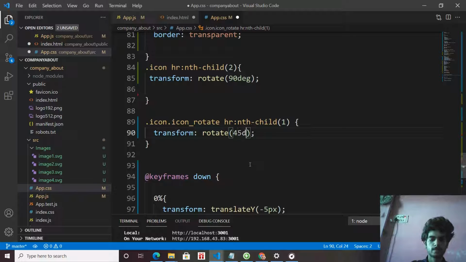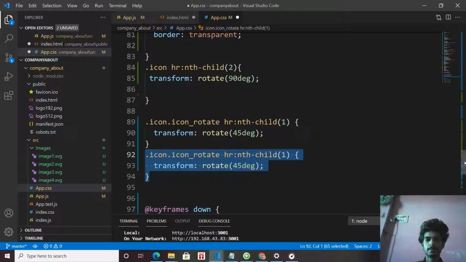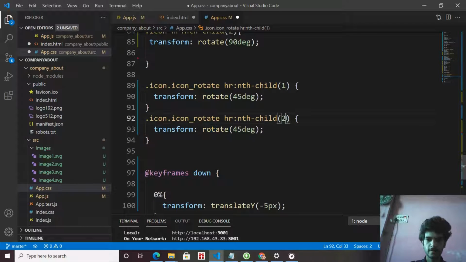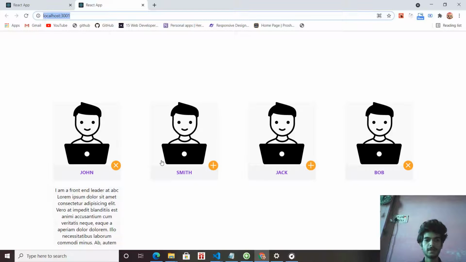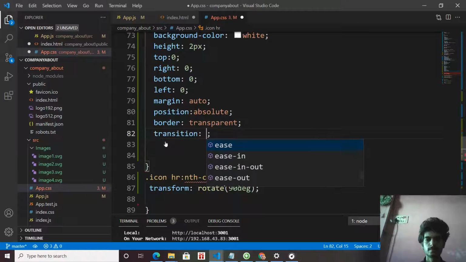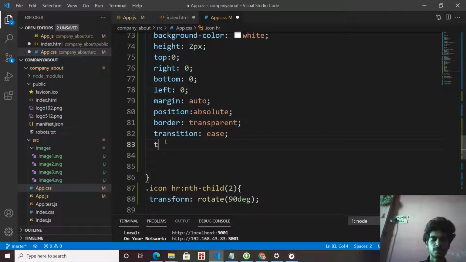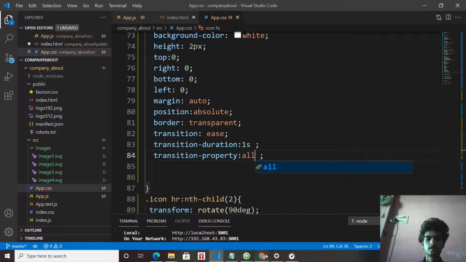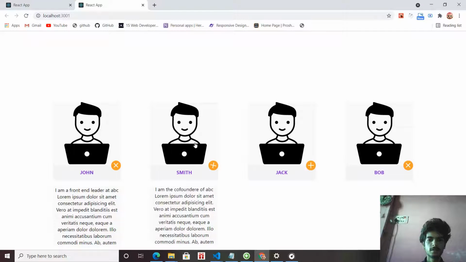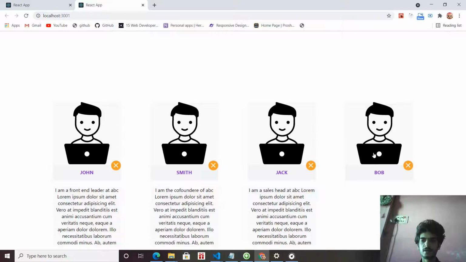And the same thing with the second hr tag, but it is going to rotate at 135 degree. That will make the close icon. When you click on it, see the transition, transition duration 1 second. When you click on any one of them, the icon transitions with 1 second duration and rotates with transition, in all of them.